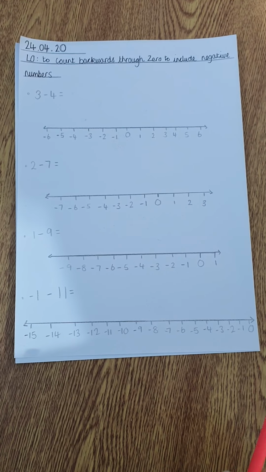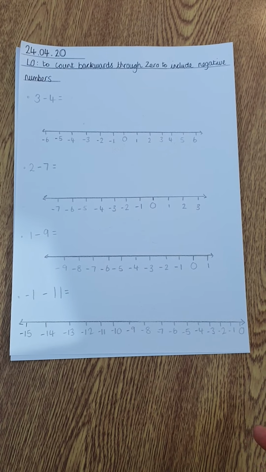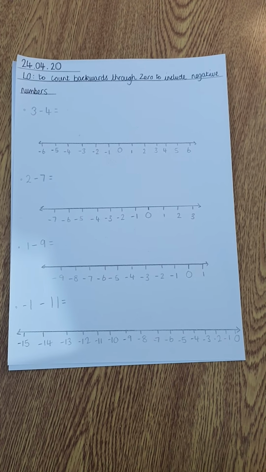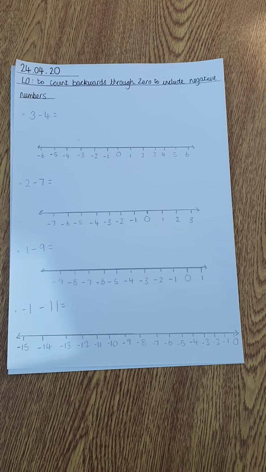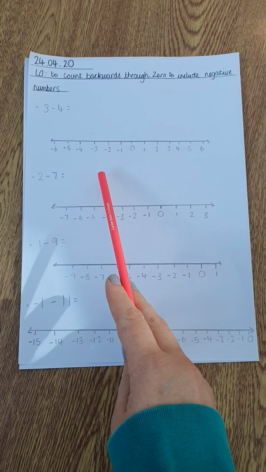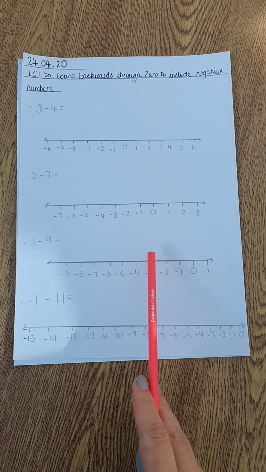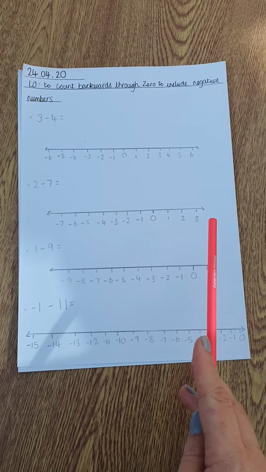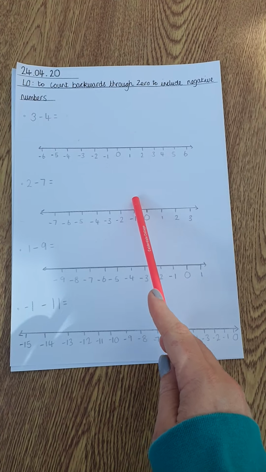Right, so now we've recapped our understanding of negative numbers and where we might see them, we're going to have a look at counting backwards through 0 to include negative numbers. So here's some examples. Here is a number line that I've drawn. All you need to do is use a ruler and then just label it according to what questions you're being asked. So for example, if you're being asked to count back